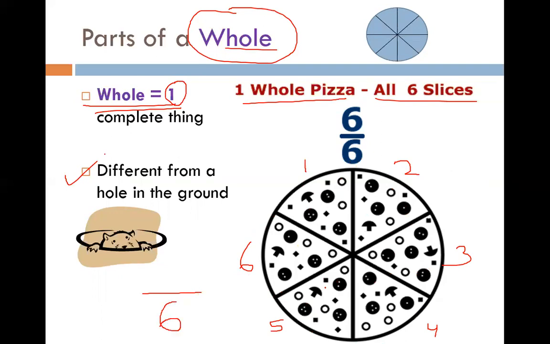Now currently I have 6 pizza slices on my plate. So the fraction for it is 6/6. It means that I still have a whole pizza. Nobody has eaten. We have just divided the same whole pizza into slices. But if you calculate, it will be a whole. This will give you a whole, right? 6 ones are 6 ones. So this is giving you a whole pizza. So this was all about whole.